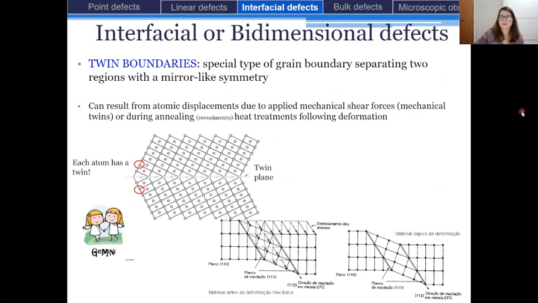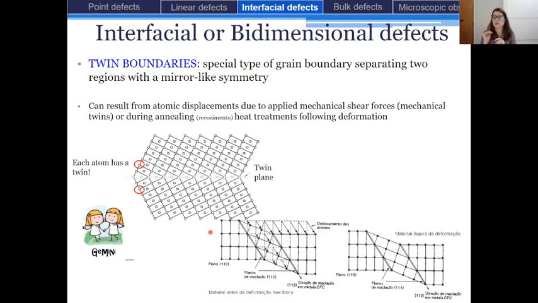So another defect is twin boundaries. It is a special type of grain boundary that separates two regions with a mirror-like symmetry. As you can see, in that case there is a perfect symmetry between this part of the crystal, or this grain, and that grain, and the plane that separates these two grains is called the twin plane, and it results from atomic displacement due to applied mechanical shear force,